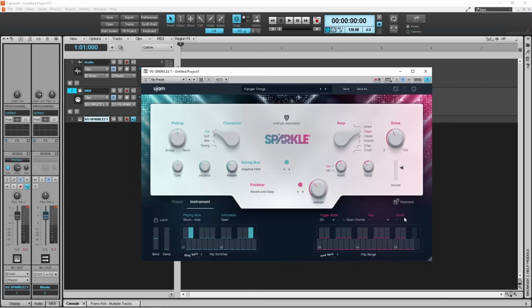Now finally, having shown you all these different bits, the last thing I wanted to show you is that most of this is actually controllable by MIDI. And if you right mouse click on one of the dials or knobs, you'll see it comes up and says Learn MIDI CC. And if you click on that and then press on a controller, what have I got on mine? I've got some here. Let's have a go. So if we click on the Learn MIDI CC, and then if I just move this controller,